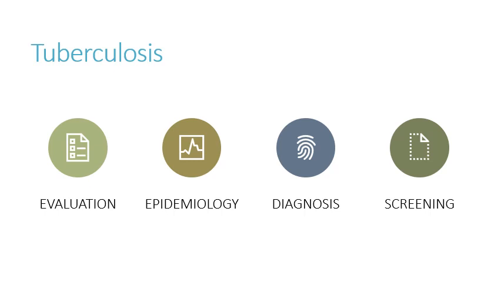Okay, so how do you interpret the single test? So negative, positive results. 5, 10, 15. Those are the millimeters. So 5 millimeters is positive if the patient is immunocompromised, let's say has HIV. It's positive if the patient had a recent contact with someone who had tuberculosis. But those are relatively rare circumstances. And again, the key point is relatively.